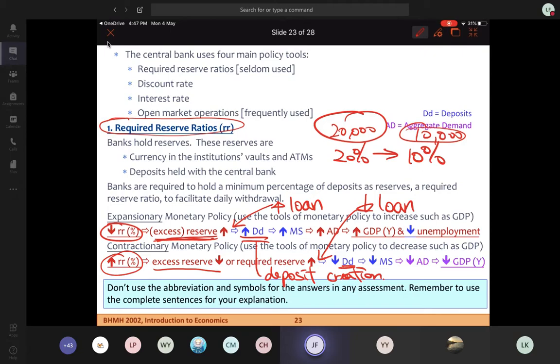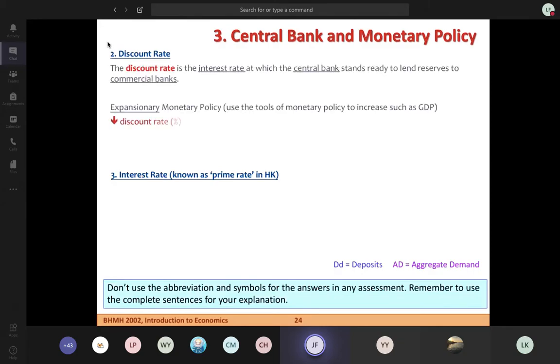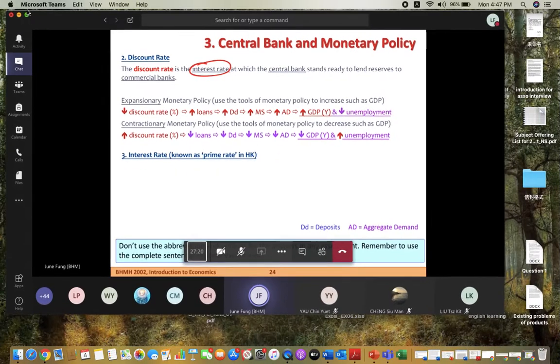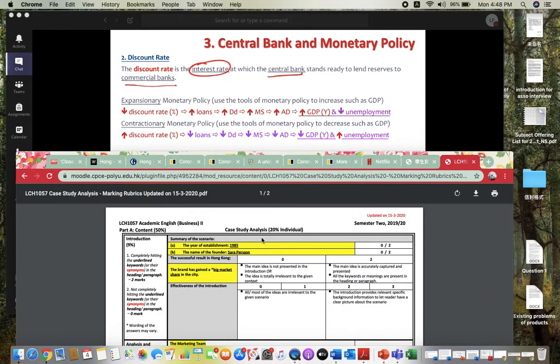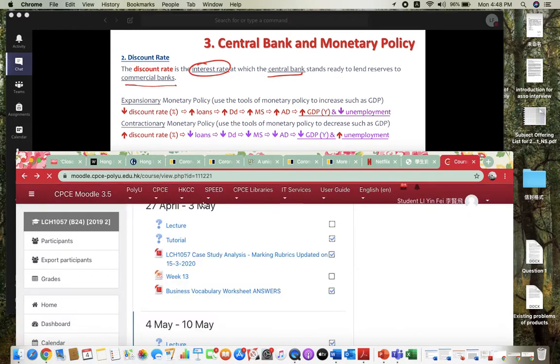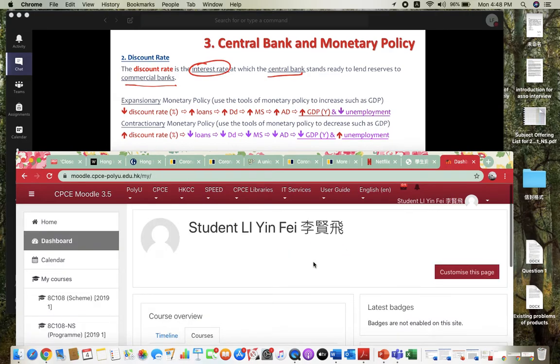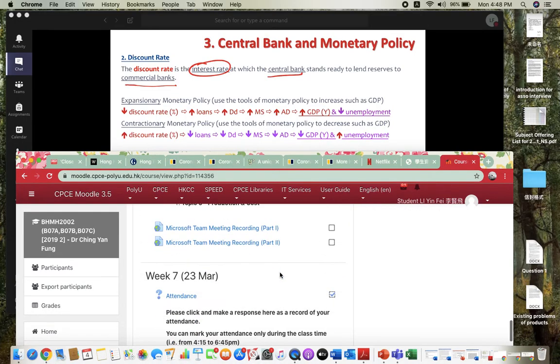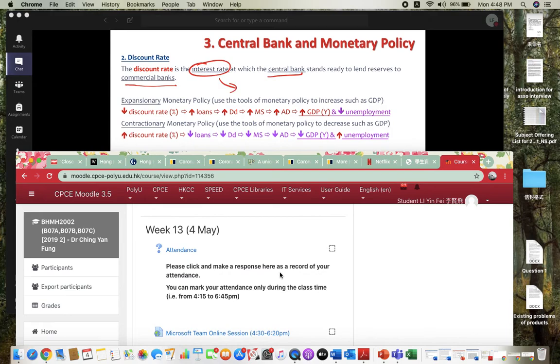Okay, so this is the first tool. We can make change to the required reserve ratio, and then the second tool, the next is we can use the discount rate. Okay, so discount rate is an interest rate, and it is the interest rate between the central bank and the commercial bank. 嗱，呢一個 interest rate 咧係 central bank 同埋 commercial bank 中間嘅 interest rate，即係話如果商業銀行要問 central bank 借錢，咁嗰個就係我哋叫嘅 discount rate，中文叫貼現率，貼係貼紙嘅貼。現係現金個現，貼現率即係話，如果你需要啲現金，你要問 central bank 借嘅時候咧，central bank 就會收你呢一個 interest rate 啦。咁呢個 interest rate 好明顯咧，就會影響個 cost of